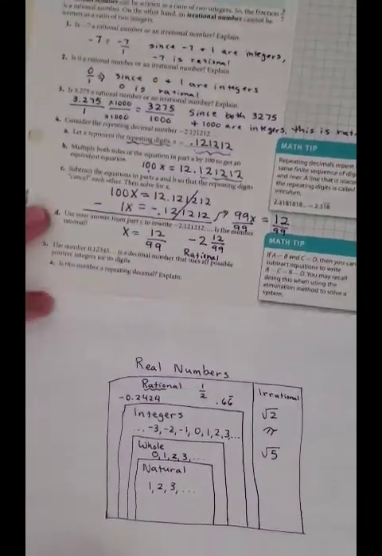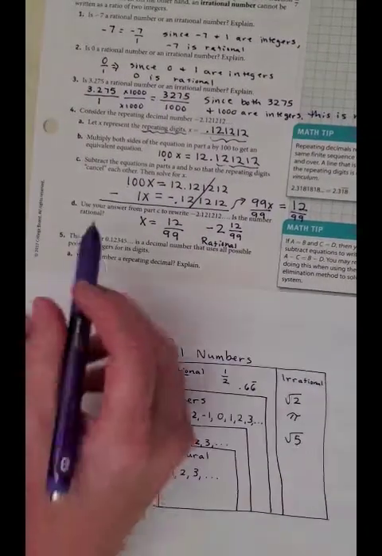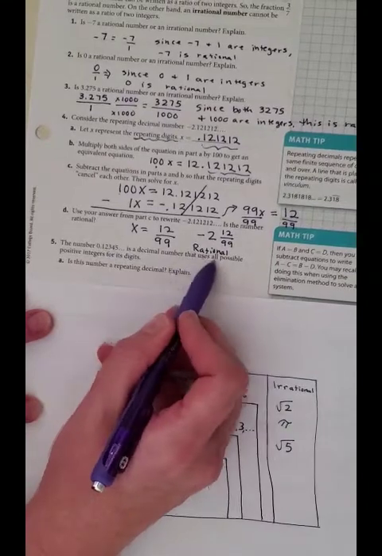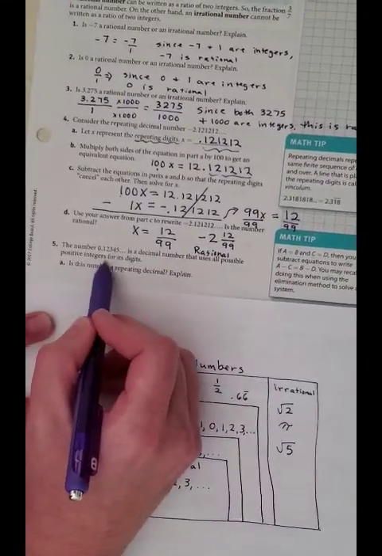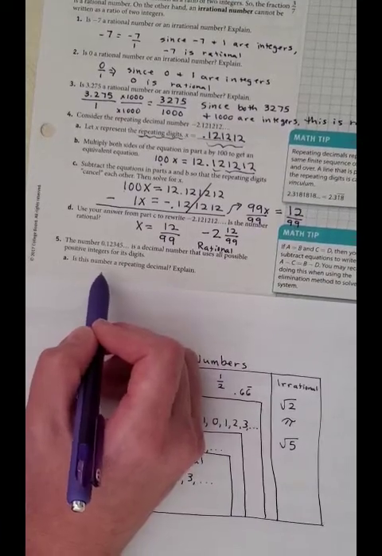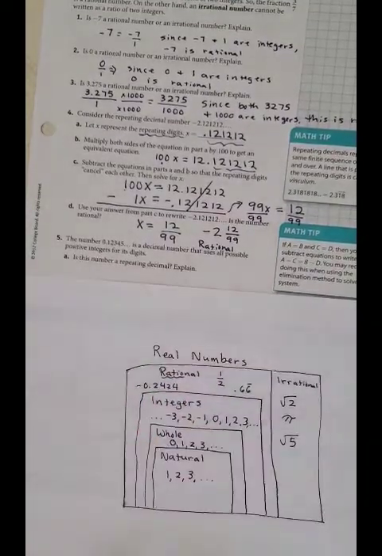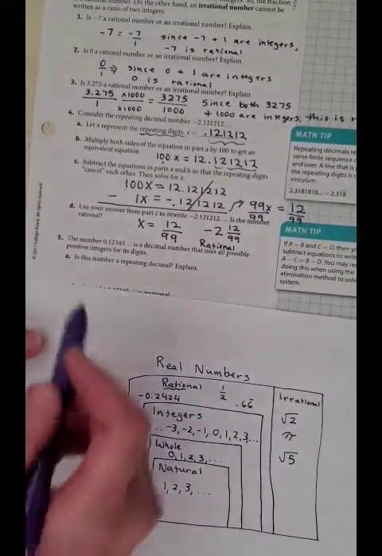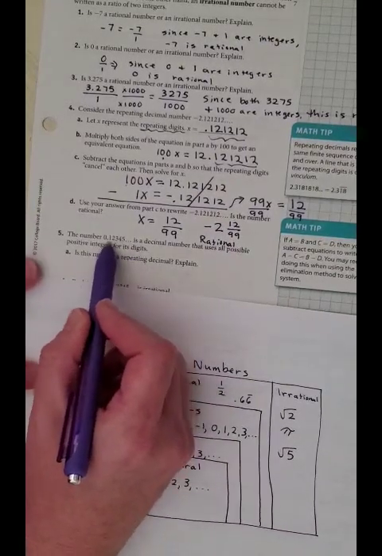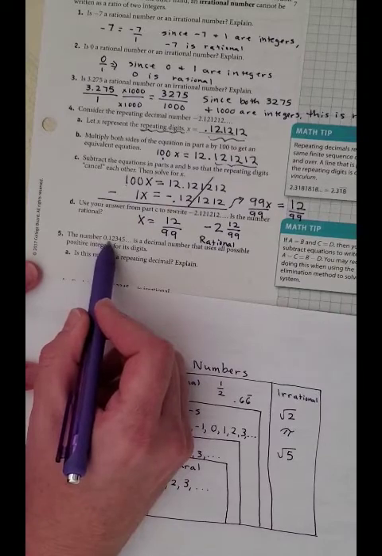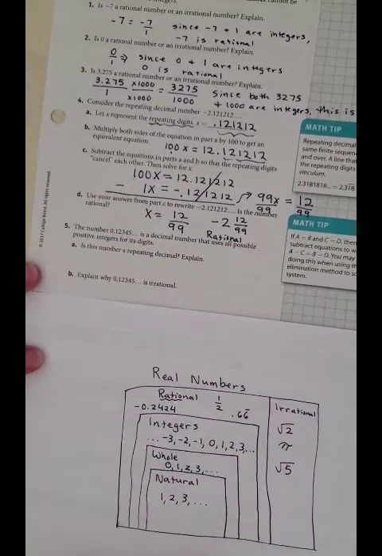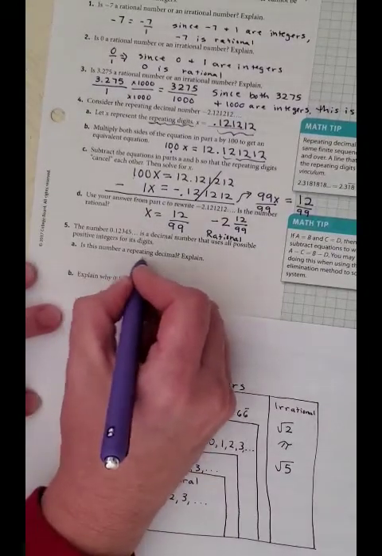All right, the positive number 0.12345 is a decimal that uses all possible positive integers for its digits. Is this number a repeating decimal? Explain. So it uses all possible positive integers for its digits, meaning it's going to go 0.123456789, and therefore there's no repeating,